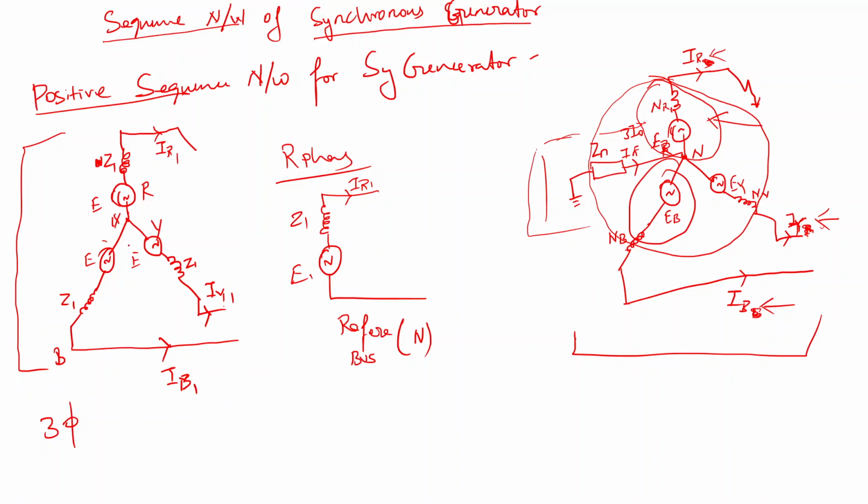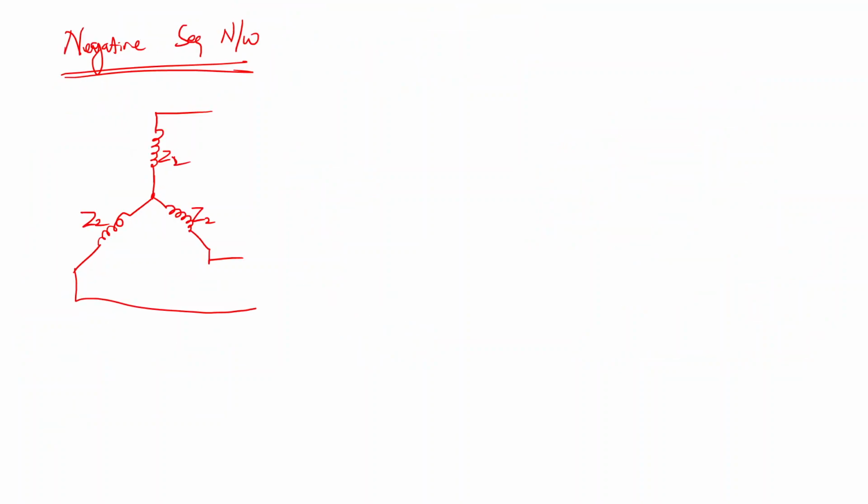And what is one more condition we know for a static machine? This is not static; we know that Z1 is not equal to Z2. Suppose in the case of a transformer, that is static. At that time, what one more conclusion can we tell? Z1 is equal to Z2, correct or not? But it is not applicable for a generator because it is a rotating machine, and also the current flowing through the R phase is IR2, not IR1, and this is IB2, and here it is IY2. So this is the condition. If you draw, this is the three phase negative sequence network.